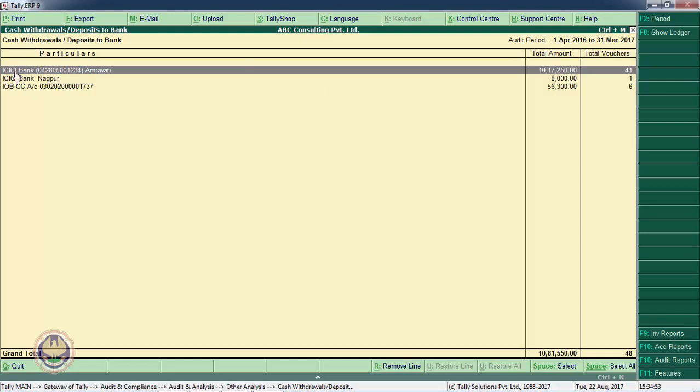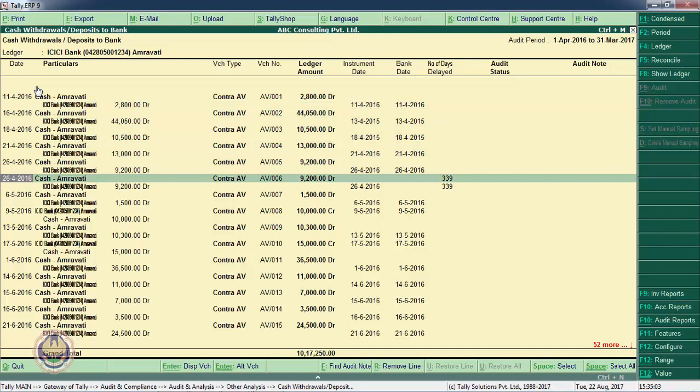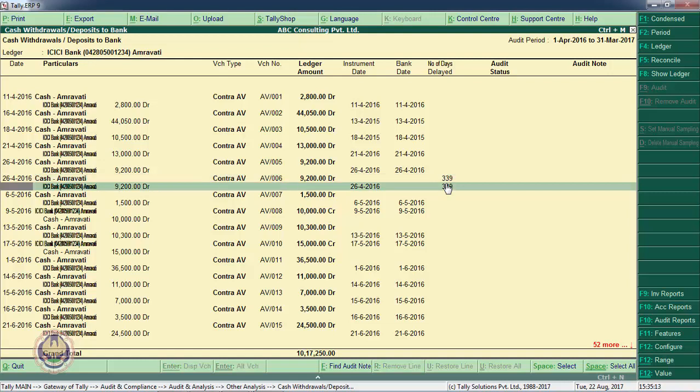So there are three banks: ICICI Bank Amravati, ICICI Bank Nagpur, and IOB, Indian Overseas Bank. I am opening this particular transaction. Number of days delayed: 339. So there is something fishy here in this case, because when we are depositing or withdrawing money from bank, our transaction date and bank transaction date should always be the same.